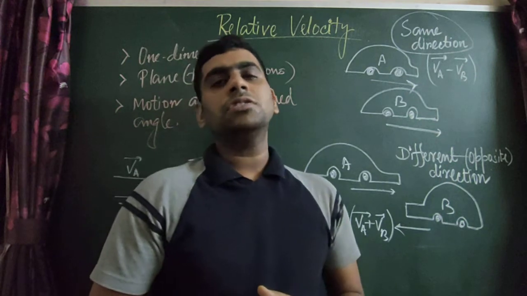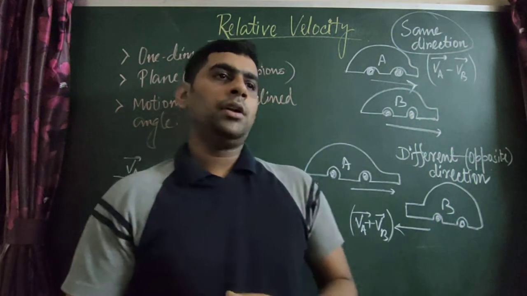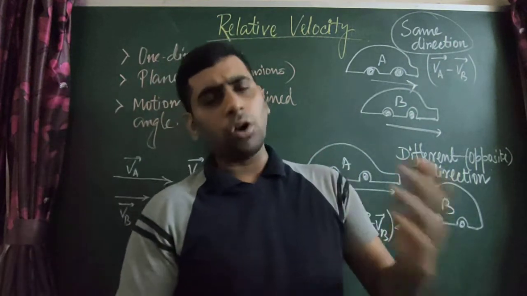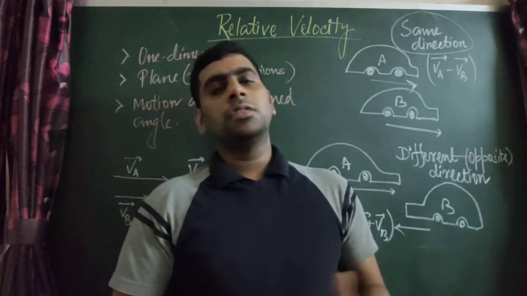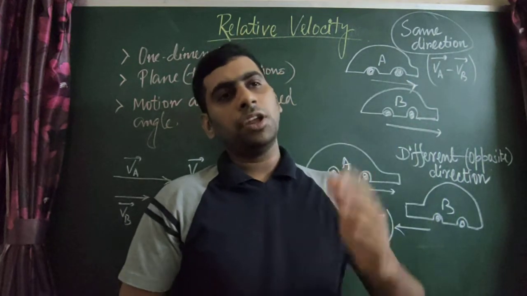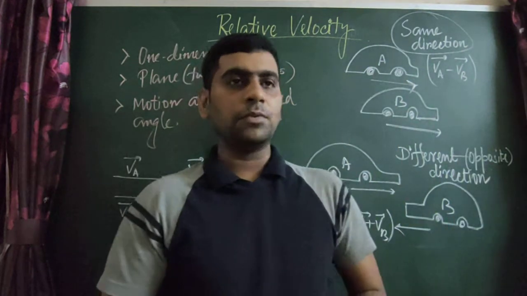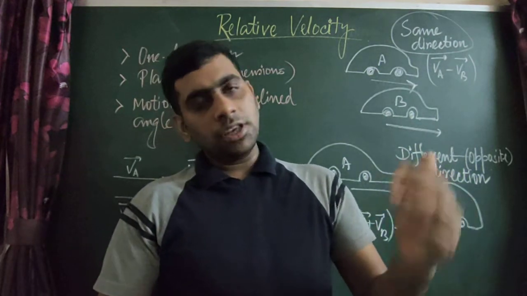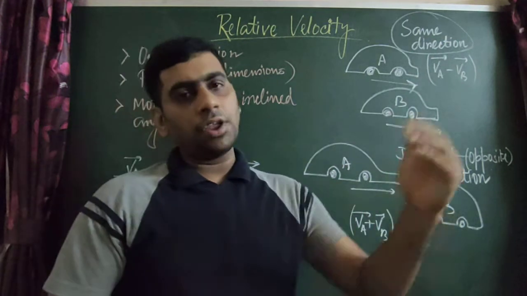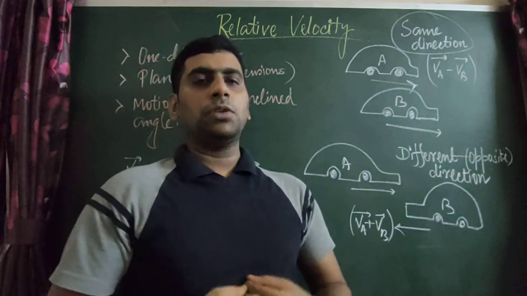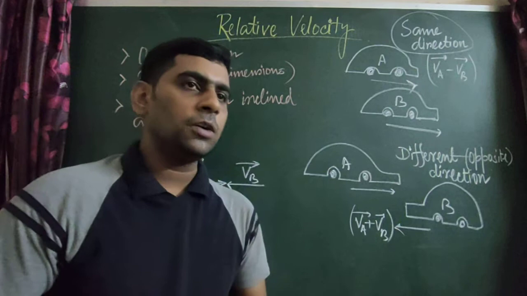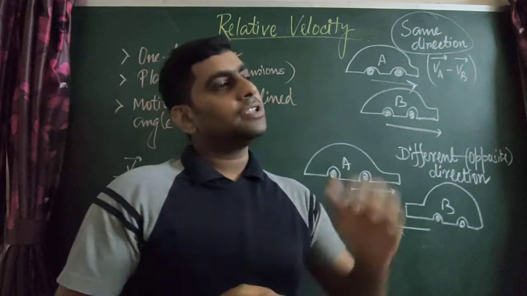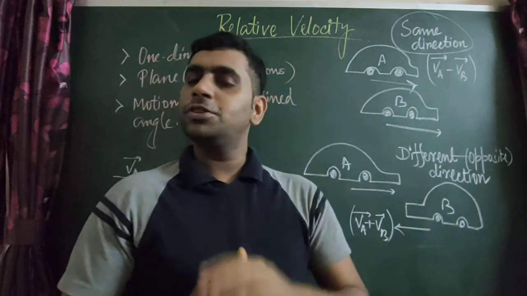Similarly with velocities of objects. Suppose I am standing here and a body moves along a straight line covering equal distances in equal intervals of time, for example 5 meter in 1 second. So in each 1 second the object covers 5 meter. With respect to me, the velocity of the object is 5 meter per second. So as long as I am at rest, the velocity of the object is 5 meter per second.